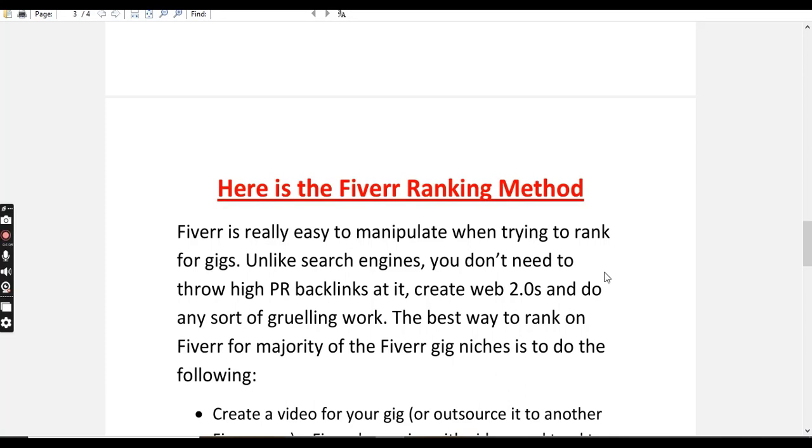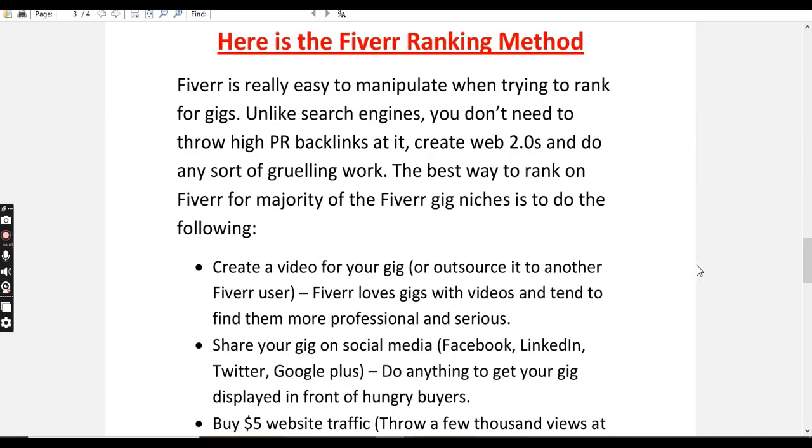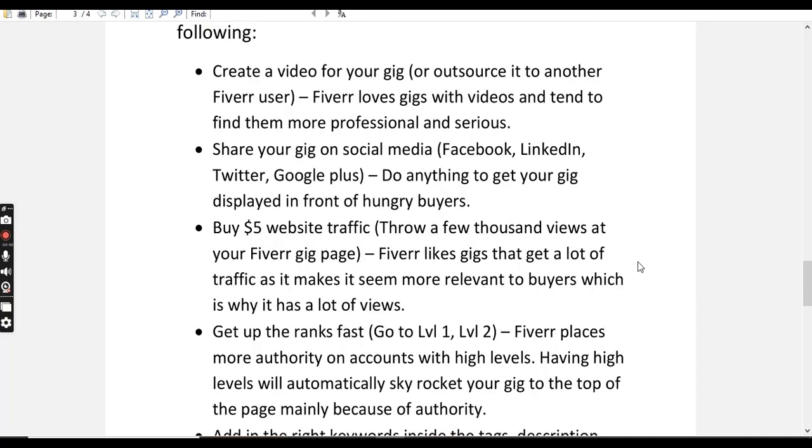Here is the Fiverr ranking method. Fiverr is really easy to manipulate when trying to rank gigs. Unlike search engines, you don't need to throw high PR backlinks at it, create Web 2.0, or do any sort of grueling work. The best way to rank on Fiverr for the majority of Fiverr gig niches is to follow these tips. So first of all,